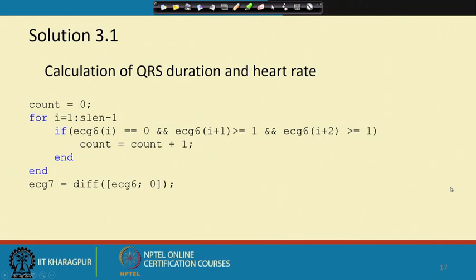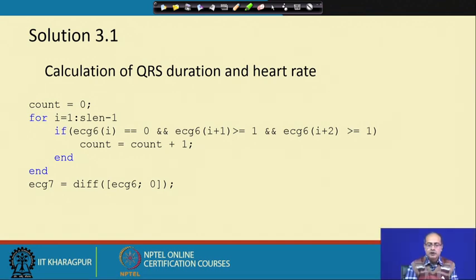Now, we have something more that is left. We need to calculate the QRS duration and the heart rate. Okay. So, for that what we do, we go back in the signal ECG6, which had